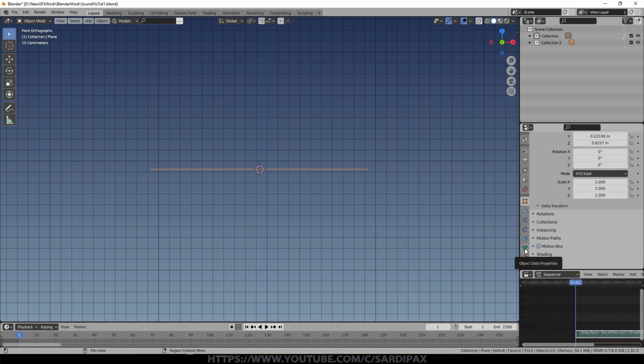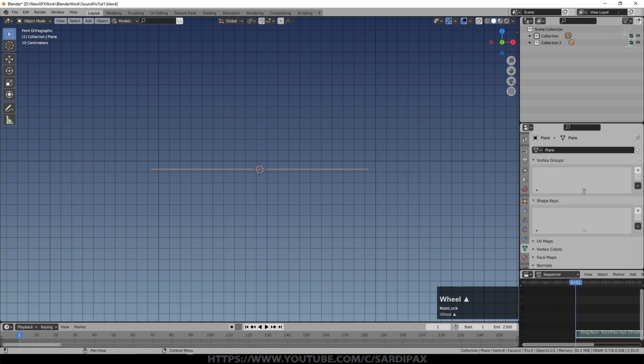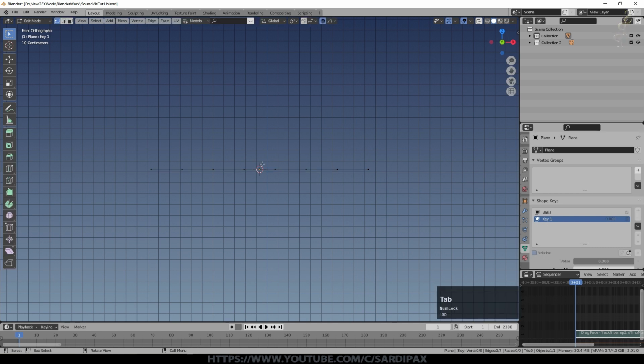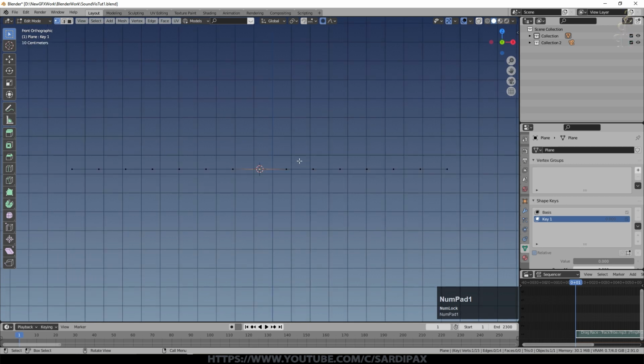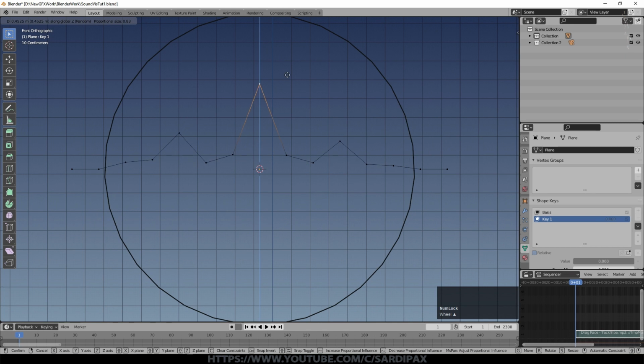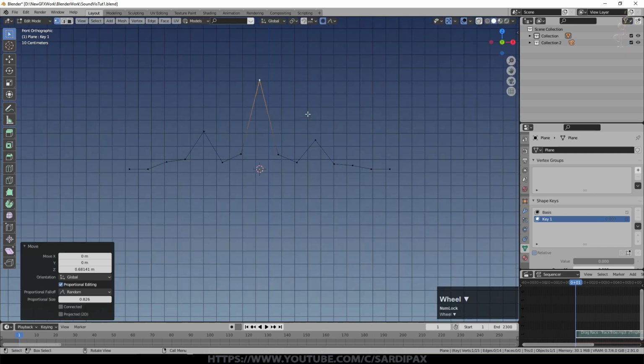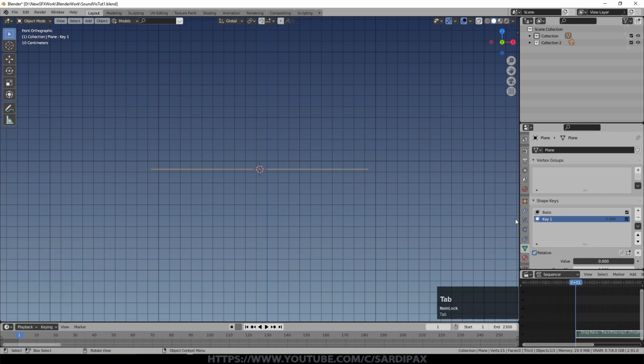mode, go to object data properties, and make sure you can see shape keys, and click plus, and you'll get basis appeared. Then click plus again, and we'll get key 1. Then go into edit mode with that vertex in the middle selected. I'm going to subdivide it once more, just so that I can get a central vertex, and then G, Z, and just have it drop off towards the end vertices, and just lift it up like that with key 1 selected. So I come out of edit mode now.